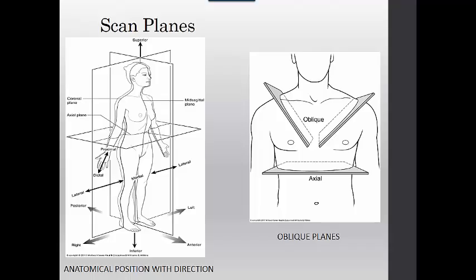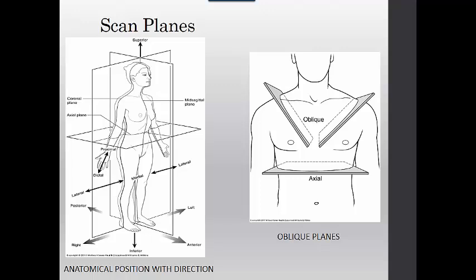So as you look at the anatomical position with directions on the slide, you're going to see directions along with the scan lines in place. Beginning at the head, the superior direction is movement toward the head and synonymous with the terms cranial and cephalic. And as we move down the model, imagine the planes as large sheets of glass, and you'll see that the